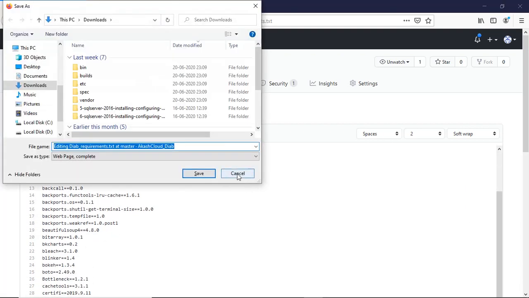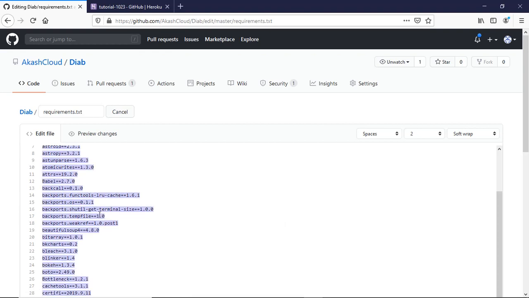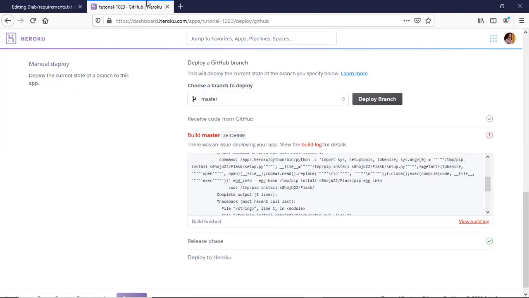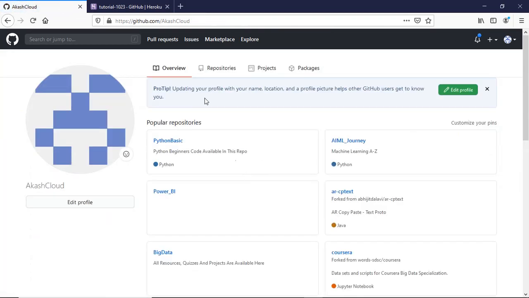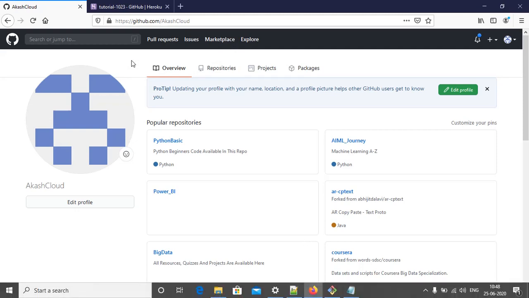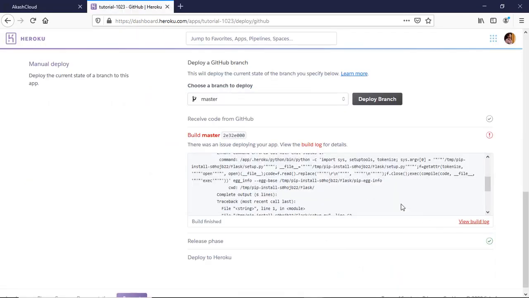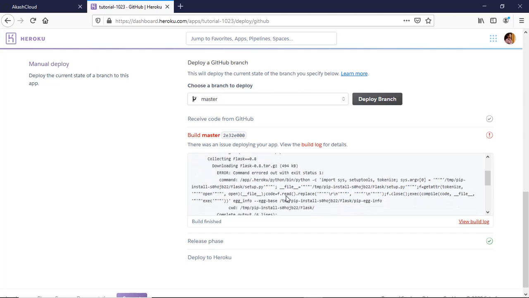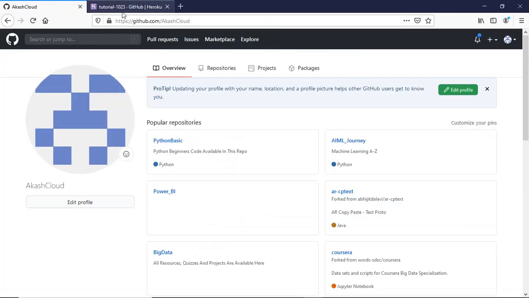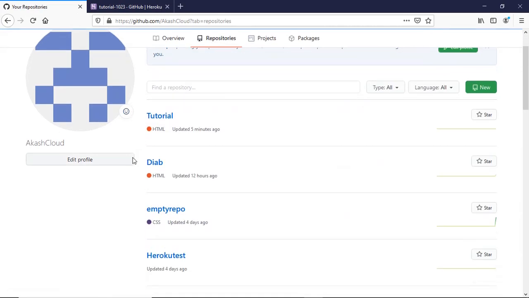I will create one more video on that, on how I fill in all these requirements, how to debug, or how to check your logs. Actually, this is the log. You can see here, this is the build log, what types of things are going on while building your application. So now I'm going to add some requirements in my requirements file.